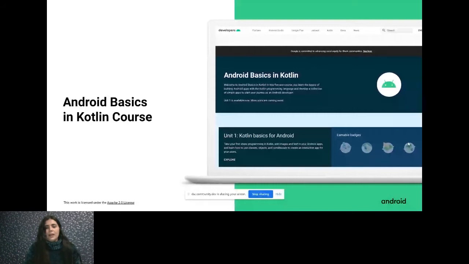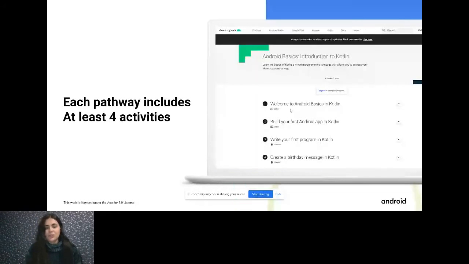So inside this Unit 1, we have 4 pathways, and each pathway has at least 4 activities or tracks. Some of them are videos and optional. If you would like to see them, you can do it at your own pace.